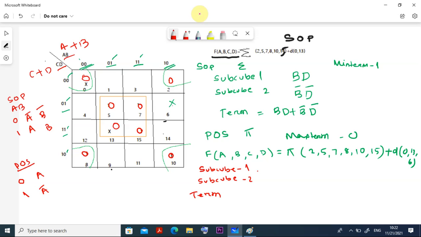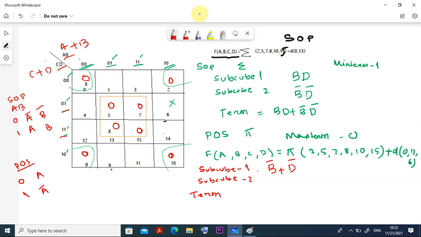So B means what? Here if it is 1 in case of POS, then it will be complement of B, complement of A or complement of B. Okay, so can I write complement of B? So this one, it is complement of B. In the sum of product we are multiplying, but here we will go for the plus addition, right? And then in these two rows, this row and this row, you will find the right hand side 1 is common. What is 1? 1 is supposed to be D, and it will be complement of D. Can I write? So complement of B plus complement of D. So now the subcube 1 is over.